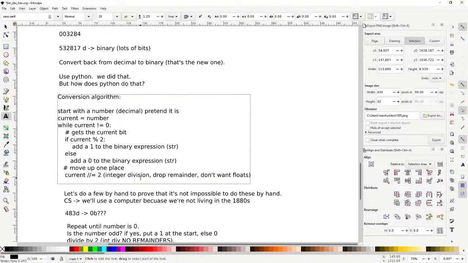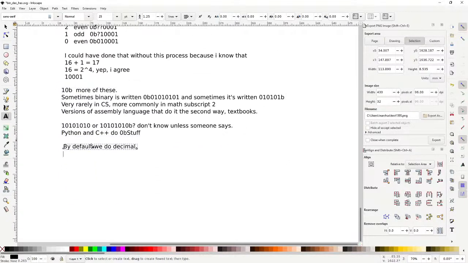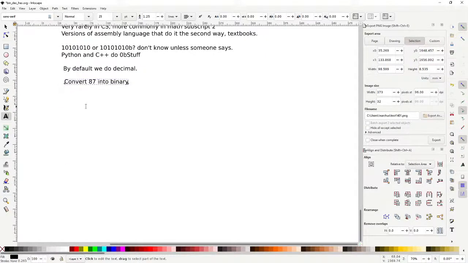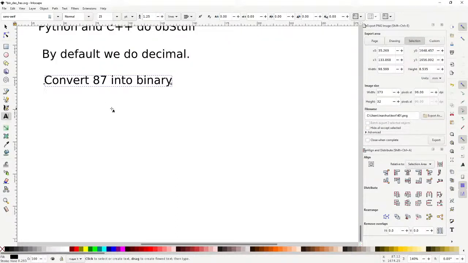So, yep, let's do one more conversion. Let's convert, say, 87 into binary. So 87 in decimal is odd, so I'm just going to write a 1 here. I'm not going to write all the 0B stuff until the very end. We divide this by 2. What do we get? We get 43, which is odd. 1, 1. Divide that by 2, we get 21, odd, 1, 1, 1. Divide that by 2, we're going to get